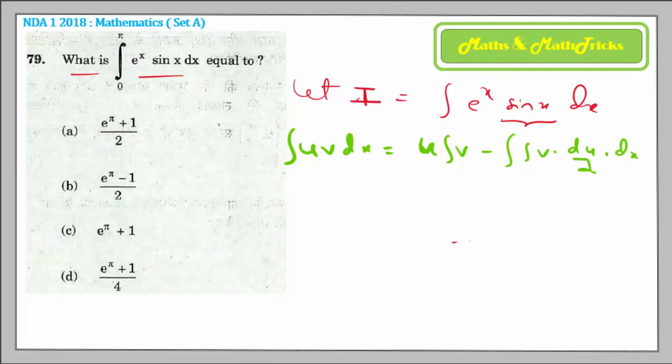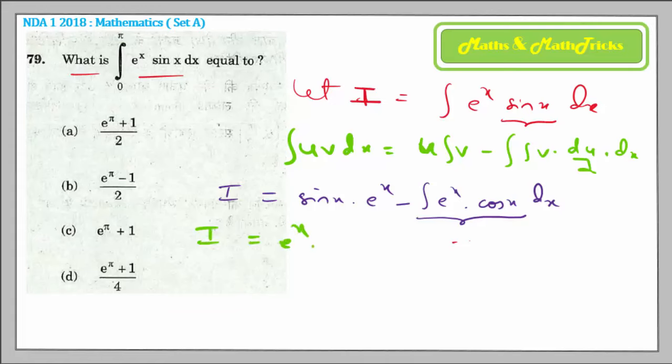So with this knowledge, moving on, we have I is equal to e power x integration, which is e power x, so it's e power x minus the integral of e power x. What is the derivative of sin x? You will get cos x there. Again you are proceeding with this integration in the same uv format, choosing the ILATE rule. So I am writing it again. So it is e power x sin x